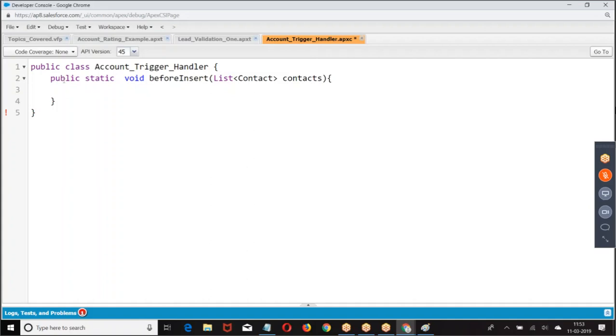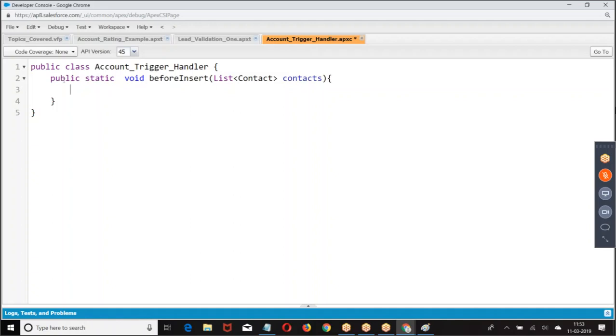Now look at the point. These are the contacts which I was trying to insert. Now, first I have to get the contact's account. Who is the account for you? If I am inserting a contact, my parent record cannot have more than 2 child records. Okay.